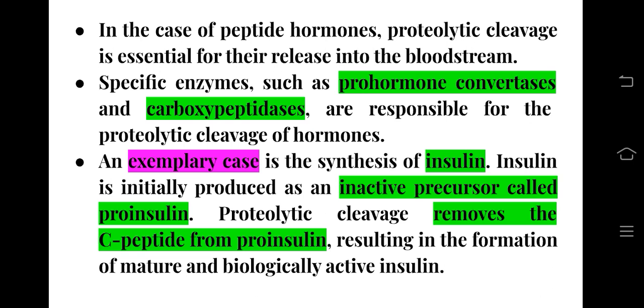Because we are learning about post-secretory modification, and one such post-secretory modification is nothing else but the proteolytic cleavage. So that's why we mentioned the proteolytic cleavage of insulin, turning the inactive precursor proinsulin into a functional insulin, proinsulin to insulin,